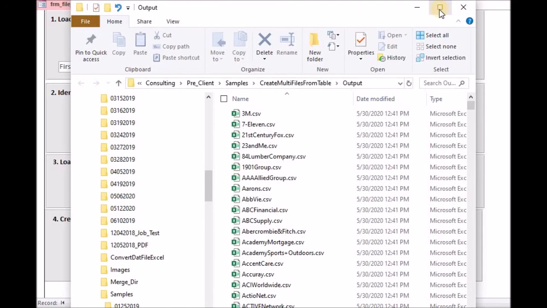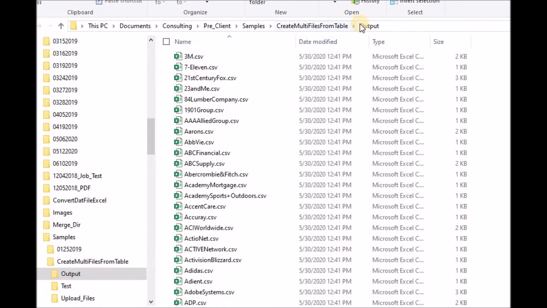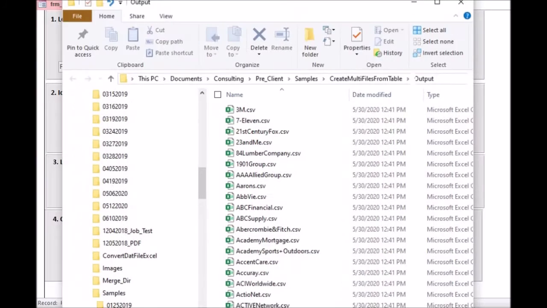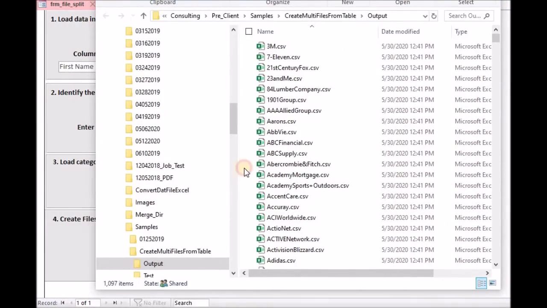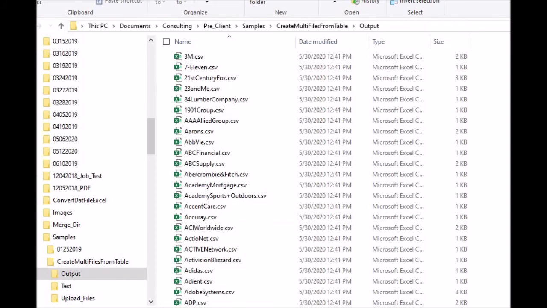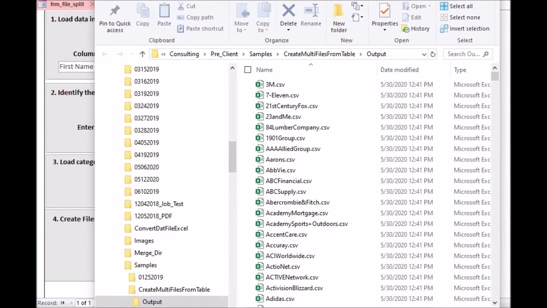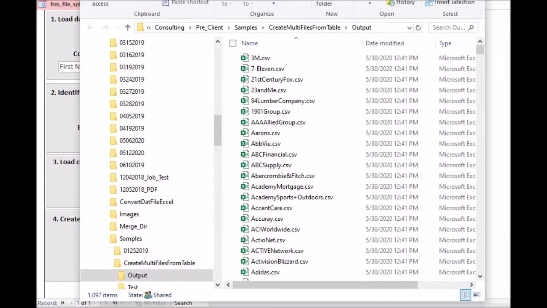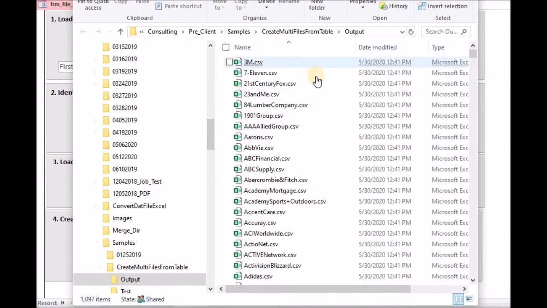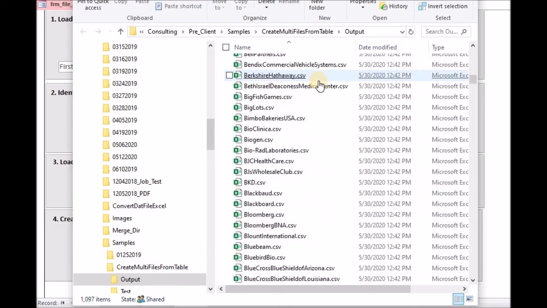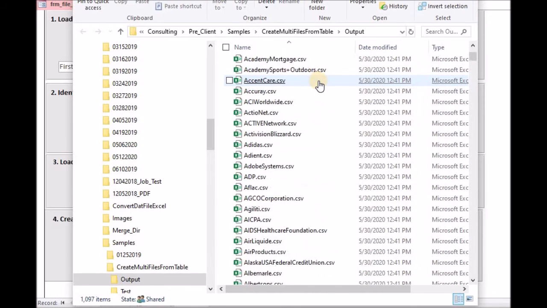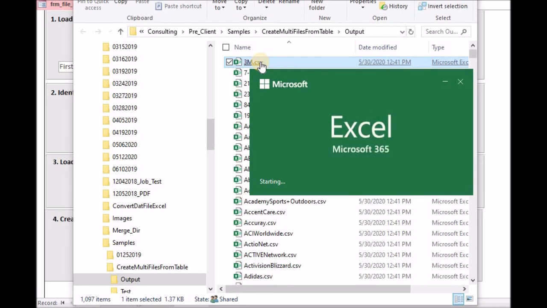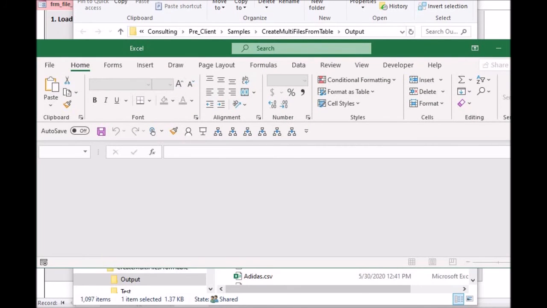Push OK, and you'll see here back in the output folder, if I show you down here, 1,097 items are in this folder now. So here are all the files, and if we open this CSV file, 3M,